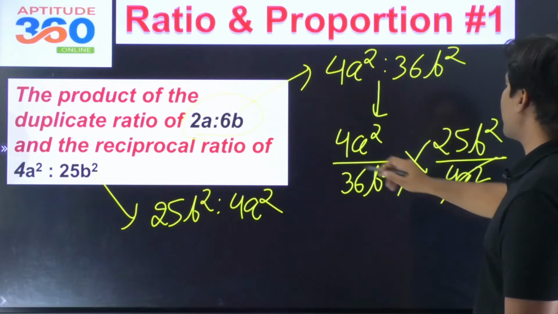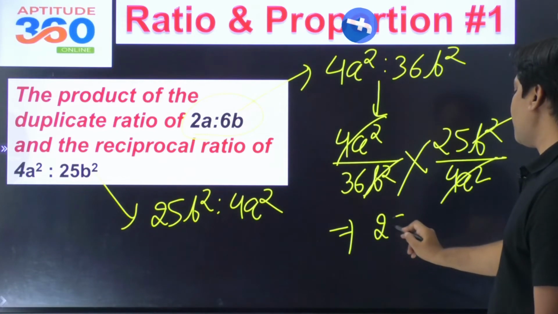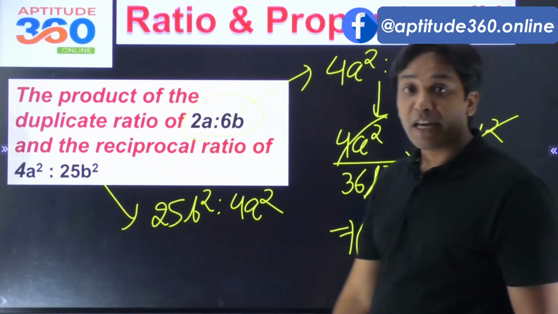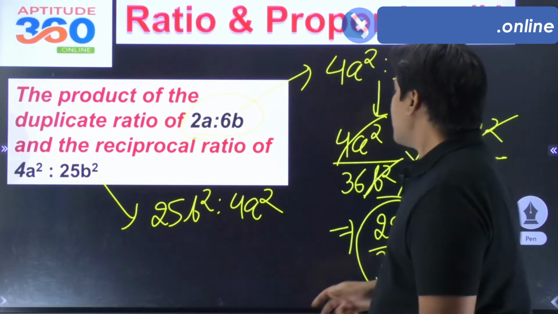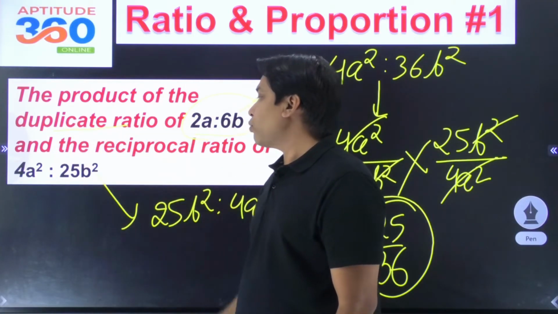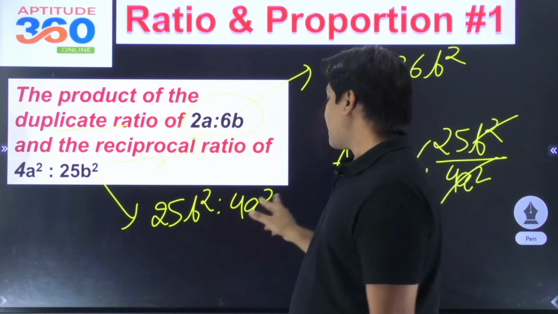So 4A square and 4A square are gone. B square gone. What do you have? This ratio comes out as 25/36 simplified, right? चलो जी, अगर आपको लेकिन यहाँ पे मतलब ही नहीं होता कि पता नहीं होता कि डुप्लीकेट रेशियो क्या बोलते हो आप, रेसिप्रोकल रेशियो किसको बोलते हो, तो ये सिंपल सा प्रॉब्लम आप लगा कैसे पाते हैं ना।